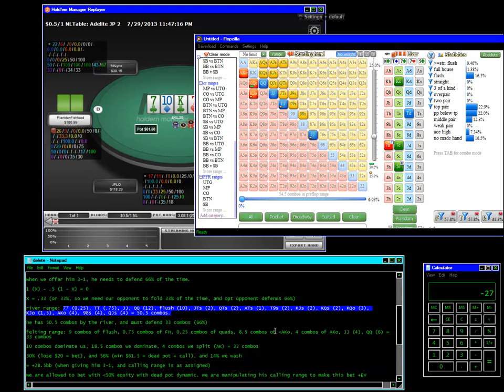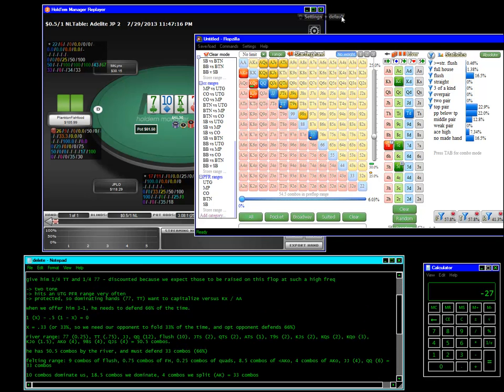And that's all his pairs and the flush I just hit, and jacks, queens, and king x. I guess that's included in the pairs. So from here, we can estimate